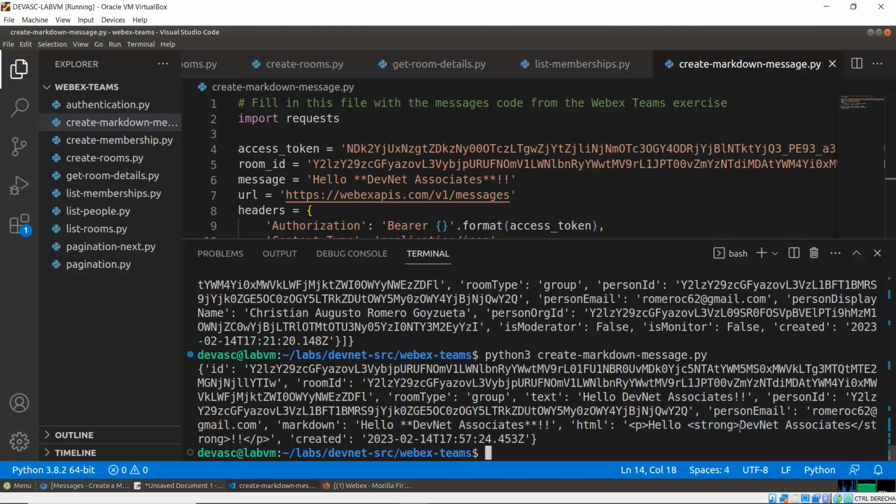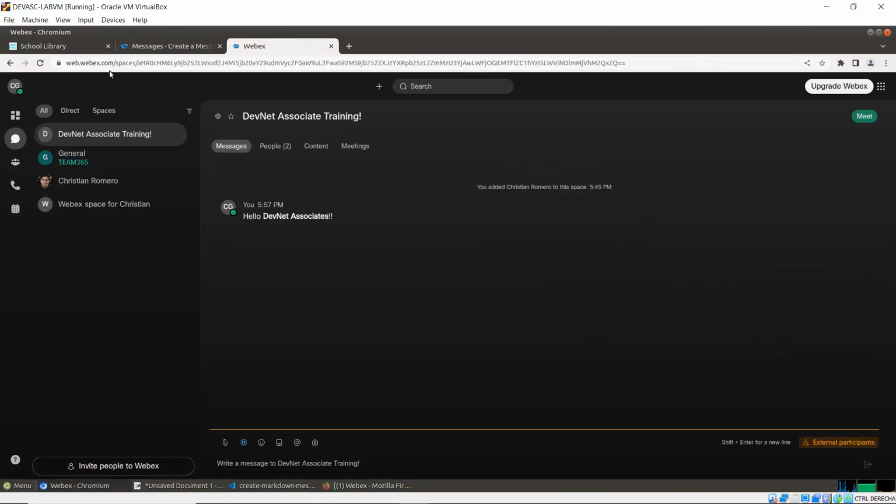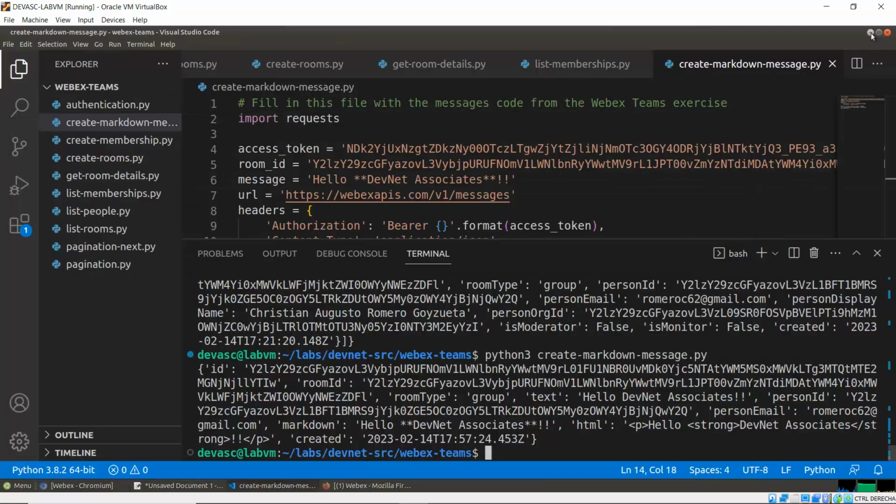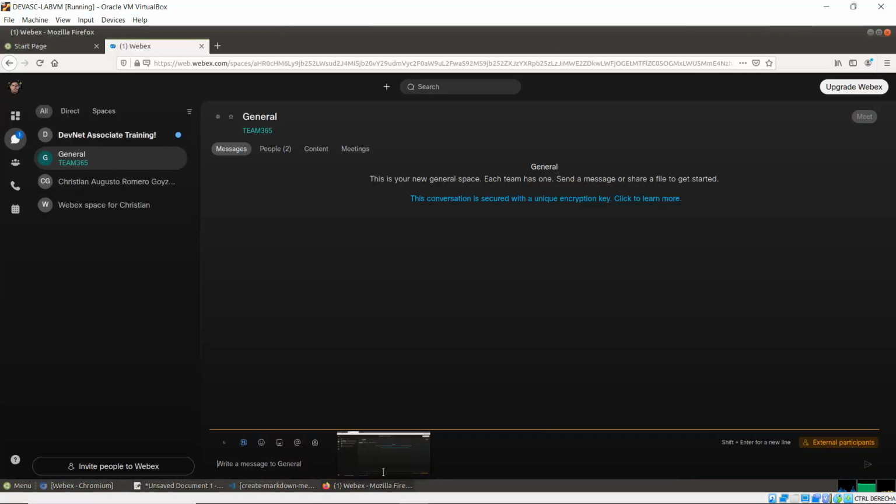This is the message, hello DevNet Associates, created room ID. Very nice. Obviously, you can verify on Chromium. Go to my application and look at the message, hello DevNet Associates, in Markdown. Very nice. Also, you can go to Firefox to verify on the other account. Okay, this is the other account,